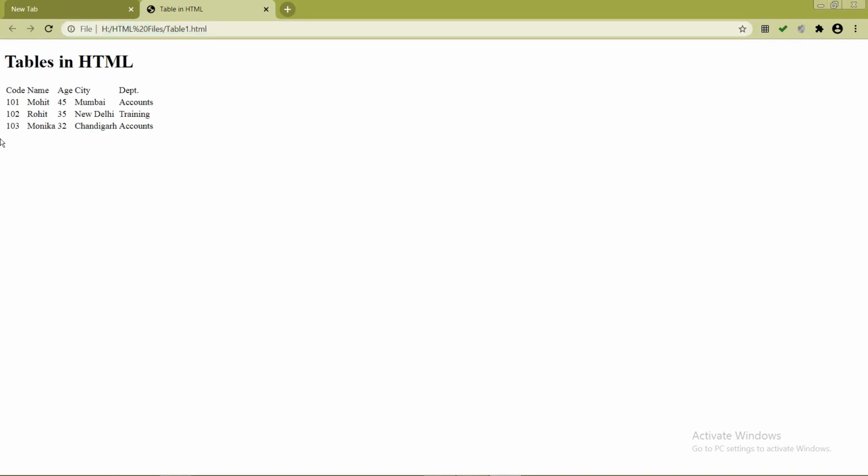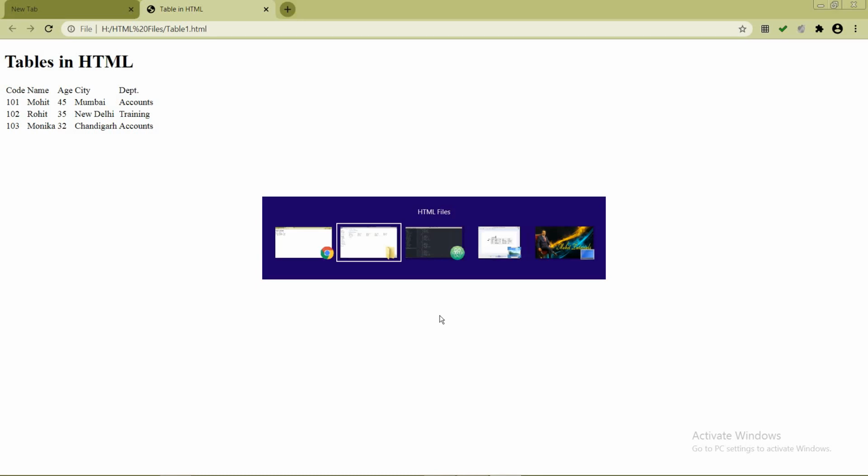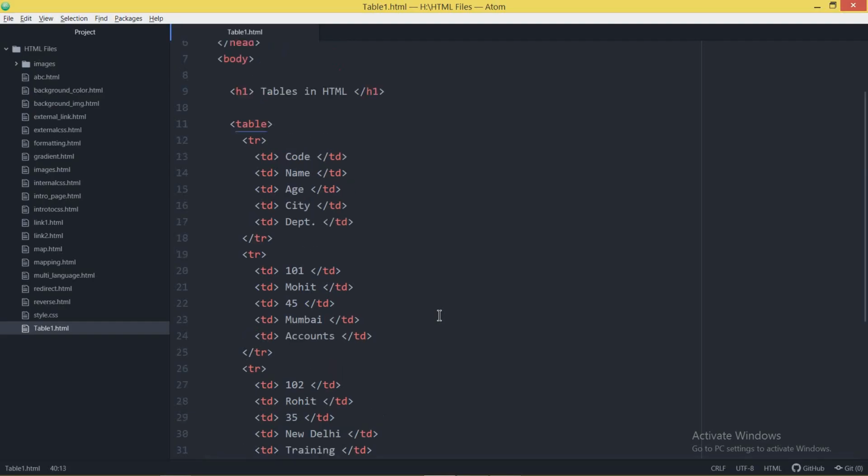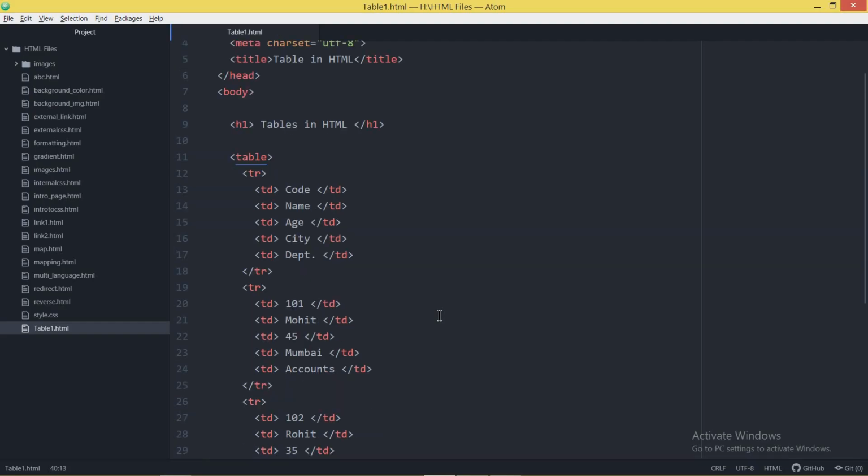Now you can see a table structure is there, but what is missing? The border, the outline is missing. You can see rows are there, you can see columns are there, but the border is missing. So it means you have to mention the properties to display the border. To mention the border, you have some properties within the table tag. You have a border property, and within it I will mention, let it be 5 pixels this time.